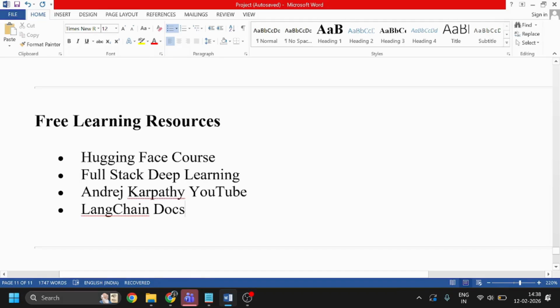Guys, you don't need to spend 5,000, 50,000 or 1 lakh on these boot camps. You can learn on your own. You do not need to spend money. If you want to spend money, you can invest in cloud. You can buy some cloud credit, then go there and build your model and train it there. Don't spend money on these boot camps. There are lots of resources available for free. You do not need to buy any course.